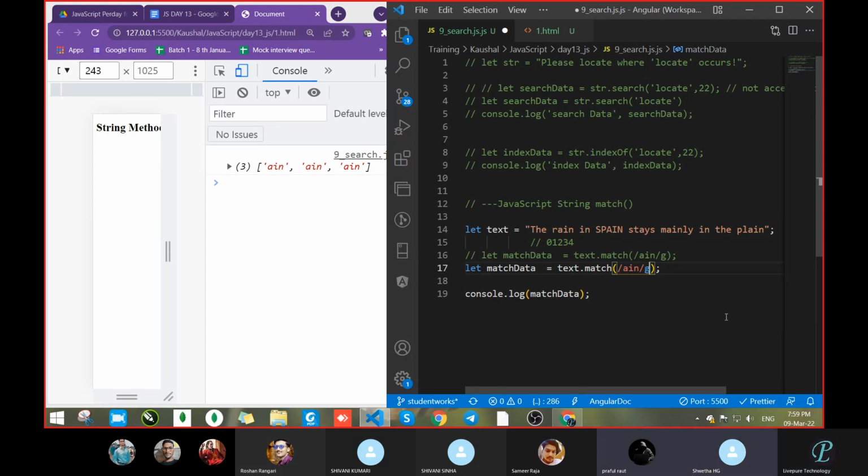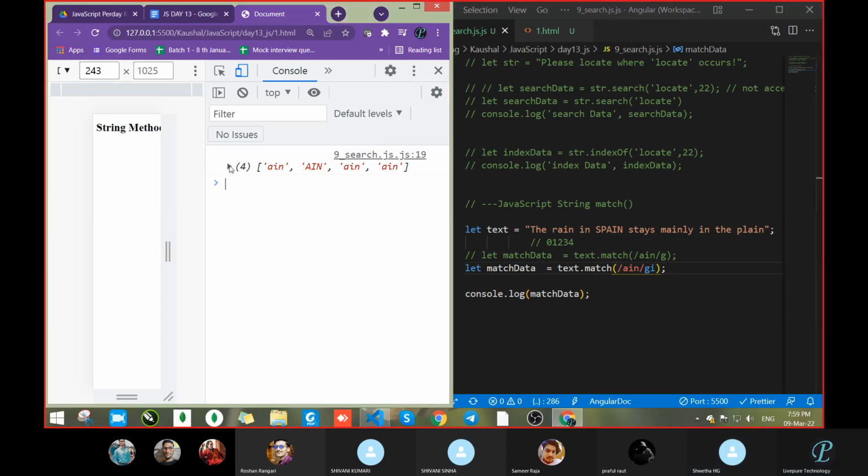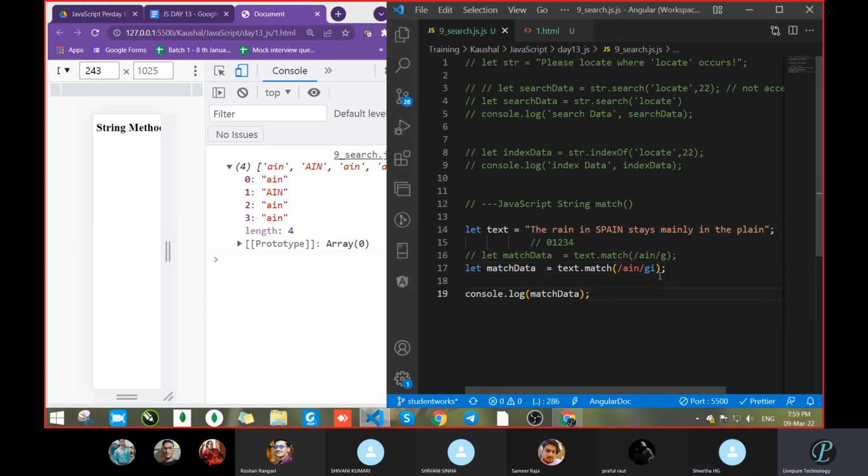Sir, G and I as uppercase. No, we got four values because it is case insensitive. Shivani Kumari, Shivani Sinha, case insensitive.